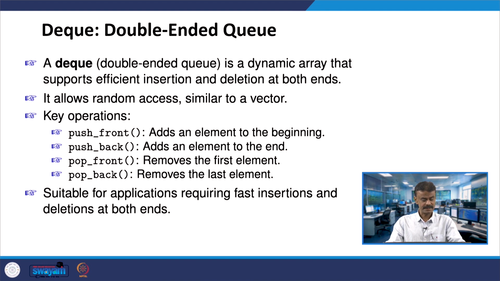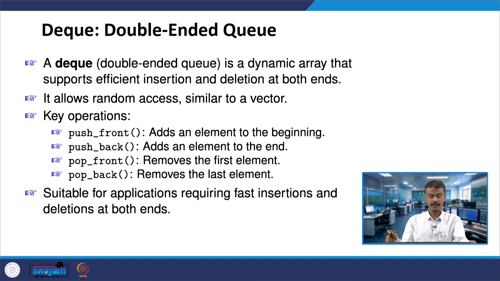So, deque is nothing but a double-ended queue. This is a dynamic array where you can do insertion and deletion at both ends. You can see many practical situations where someone does not follow the rules, they enter at the first, and a genuine person enters at the last. That is nothing but a doubly ended queue or deque.